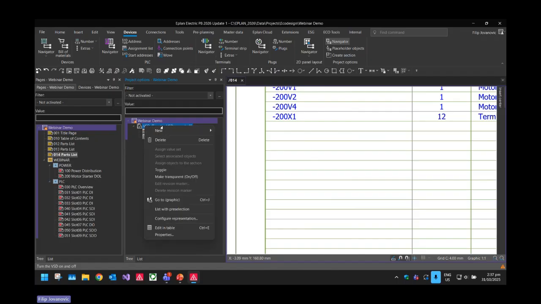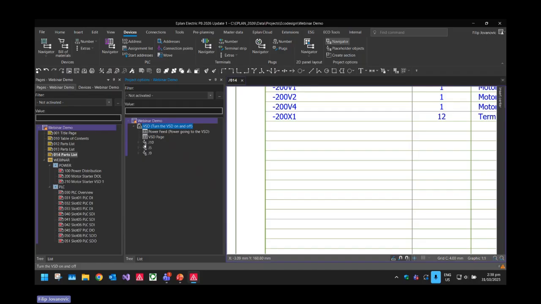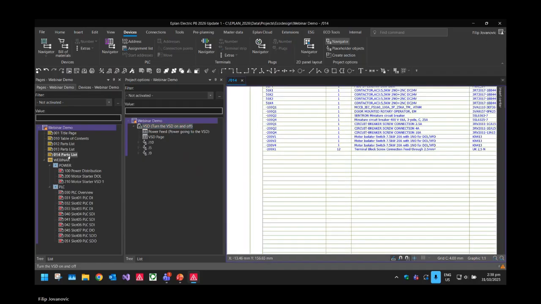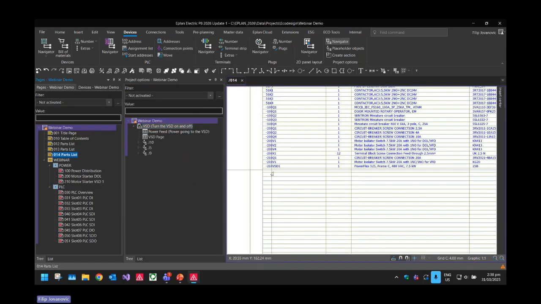And just a few more notes. The toggle, you can also assign Pro Panel components to it. So anything on the 3D layout space can be assigned as a section. And you can also make those sections transparent instead of turning them off. So that's what this transparent is for. I'm just going to turn these back on. And if I update the parts list,